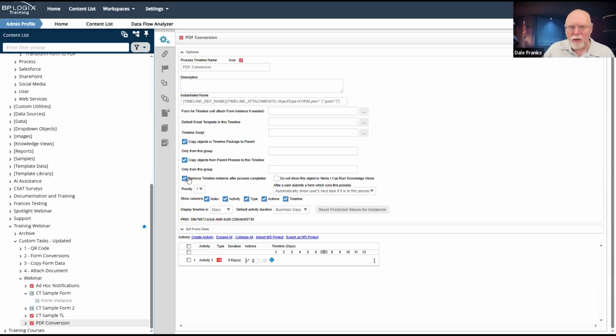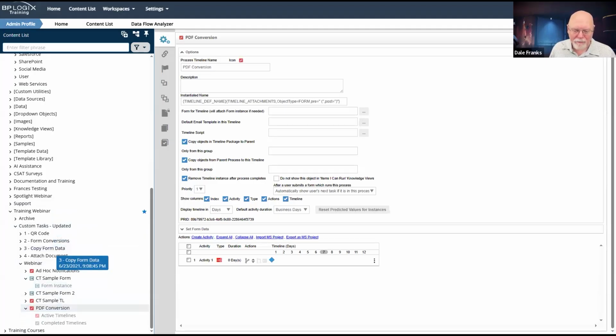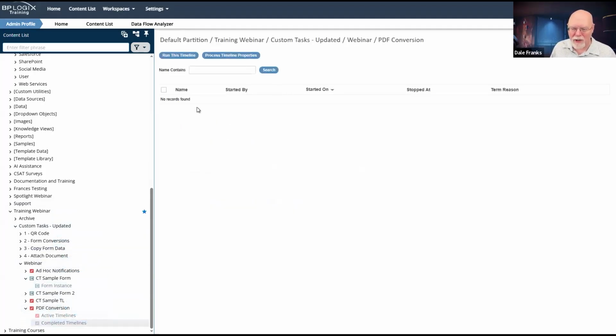While it might be useful, if worse comes to worse, right, to be able to go into the completed timelines node of your PDF conversion and search for a particular PDF conversion. Let's say that you lost it in your main timeline, the instance got deleted or whatever.